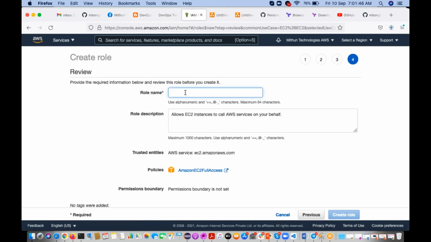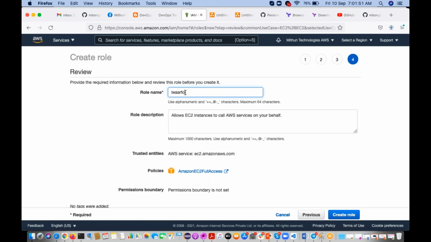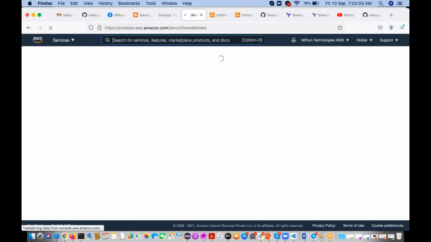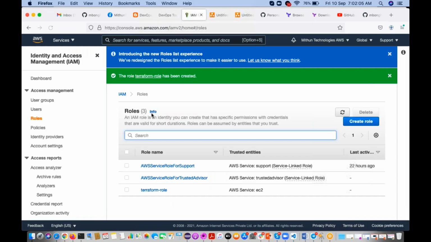Role name: Terraform role. Create it. Now you have successfully created this role.